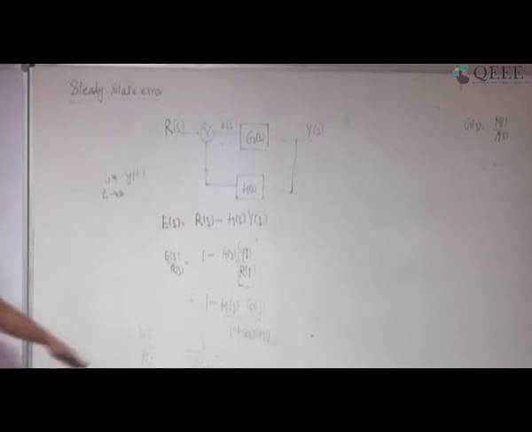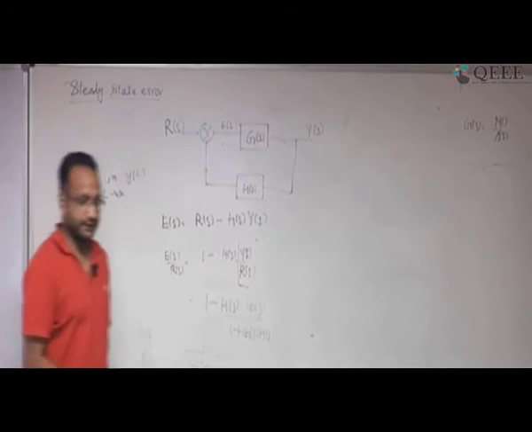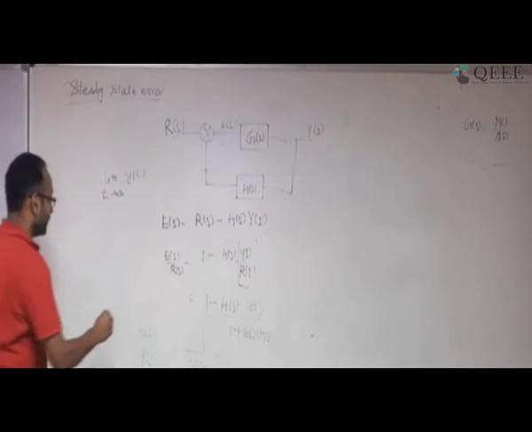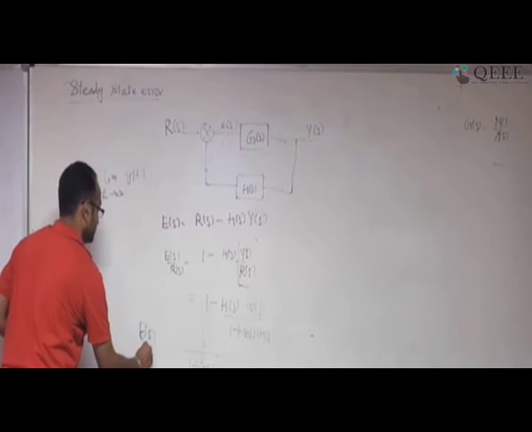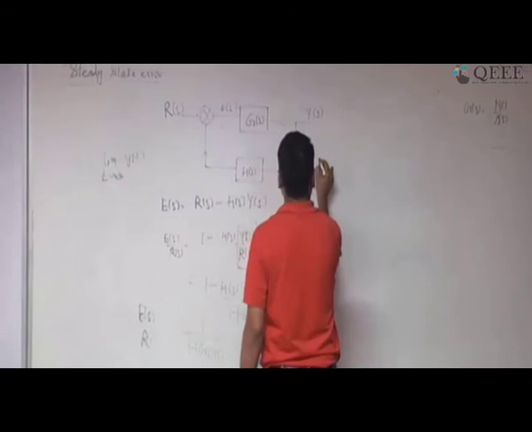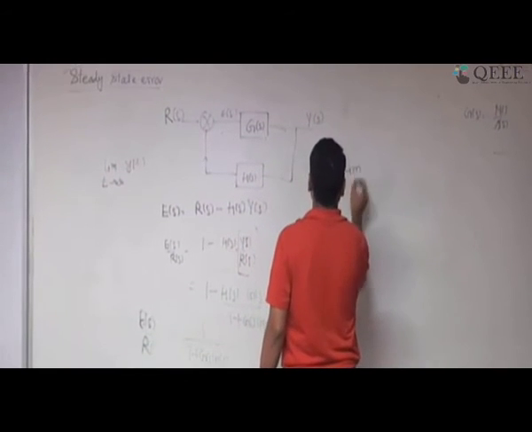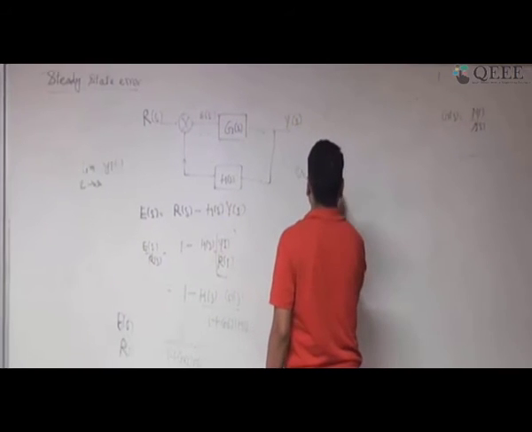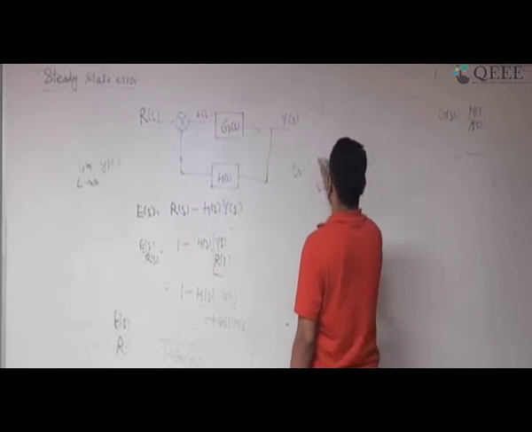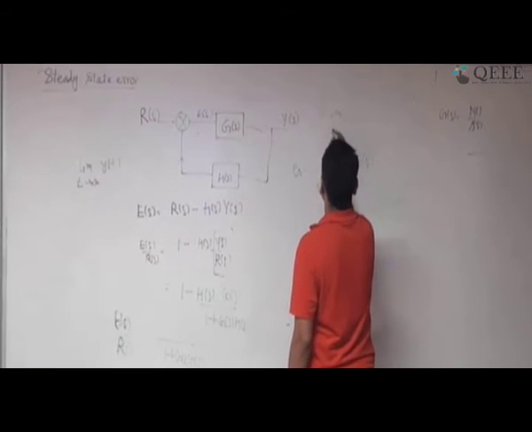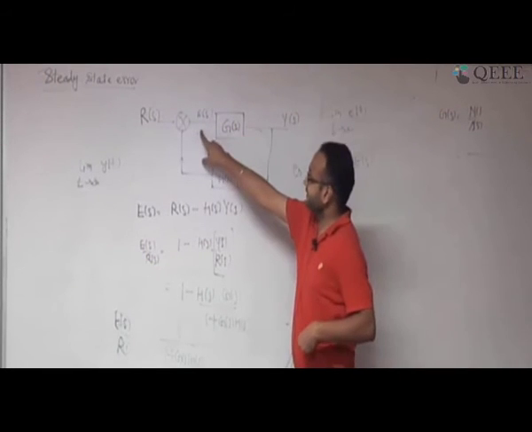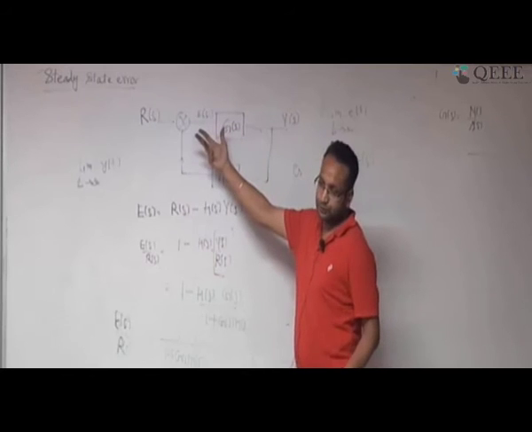I'm sorry I'm using this different color of pen because it is getting dried up, but I want to convey. I hope it should not be a problem. Okay. So this is what we got, E of S divided by R of S. Okay. So what I want, this steady state error E of S should be as small as possible. So I have to see when S tends to 0, S of E of S, correct? Another way, limit t tends to infinity e(t), correct? What I want at steady state value, your error should be close to 0.